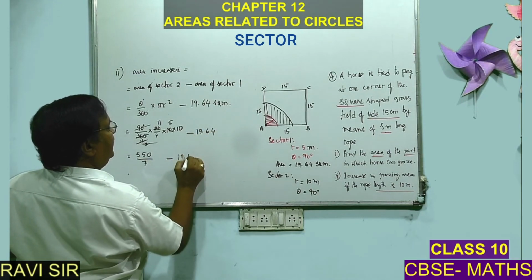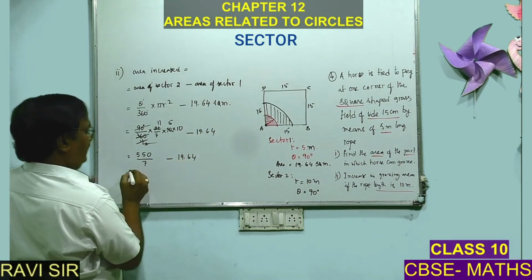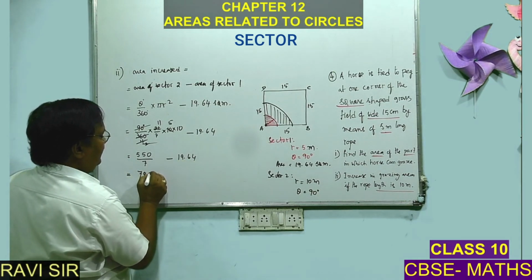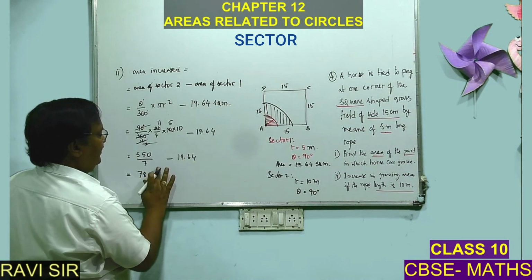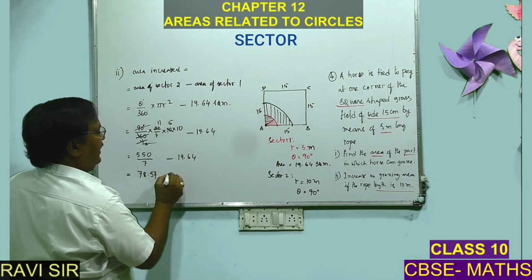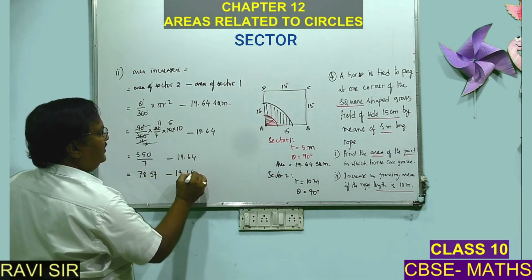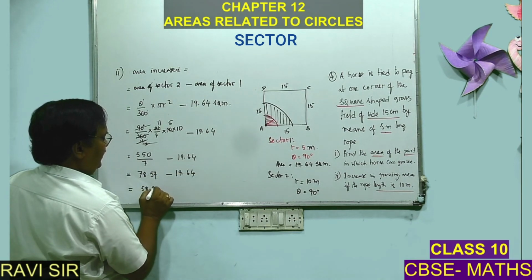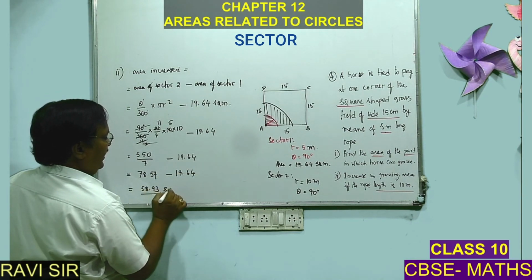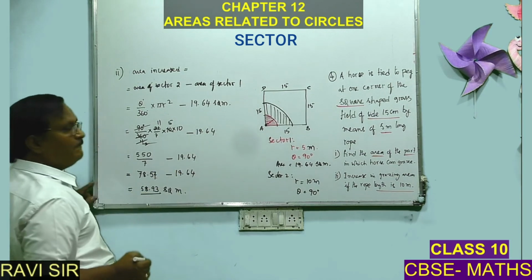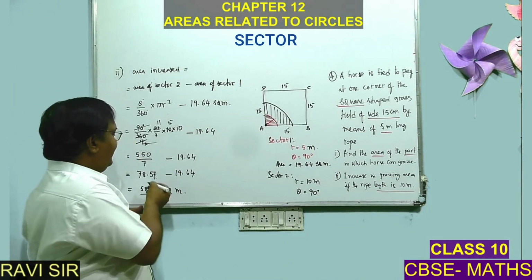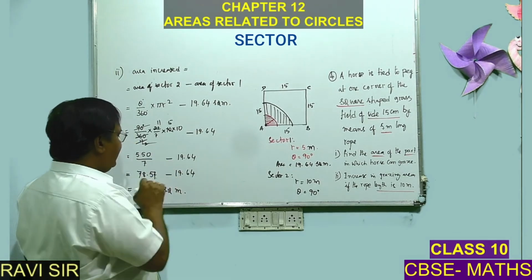That is 78.57 minus 19.64, which is 58.93 square meters. I have a calculator here, that is why I got the answers, but in the examination don't